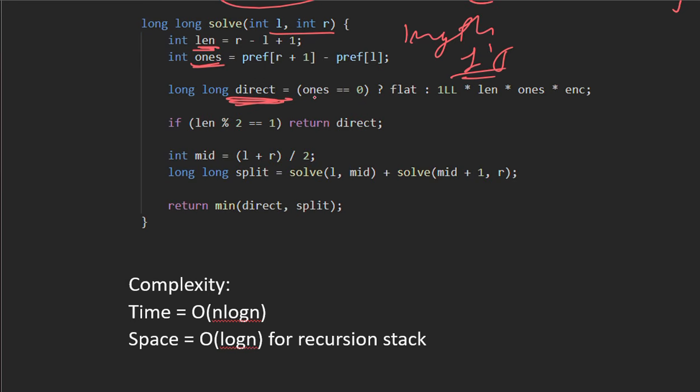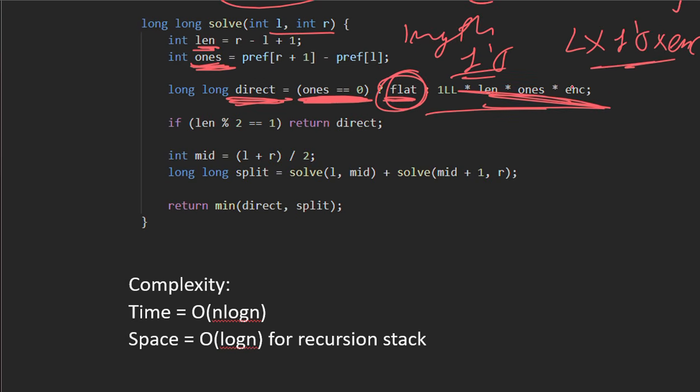For the direct cost, if the number of ones we found is 0, then we take the direct cost as the flat cost. Else the cost is length times number of ones times the encryption cost. And if the length is odd, then we can't split it further, so we return the direct cost.